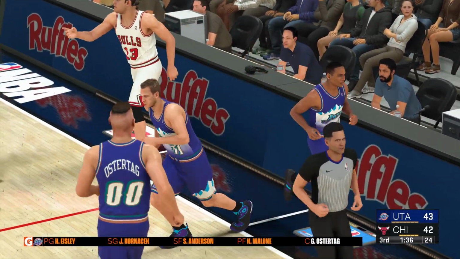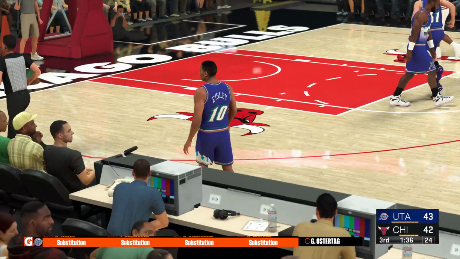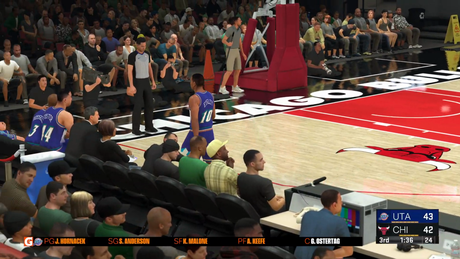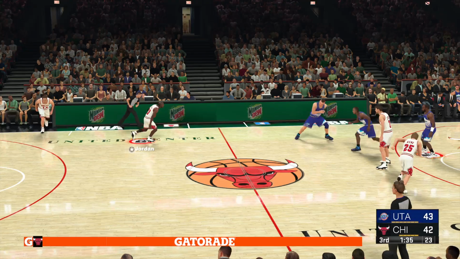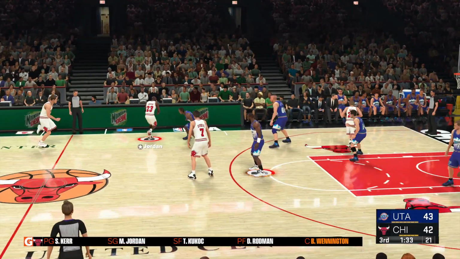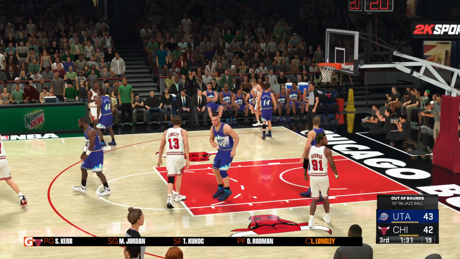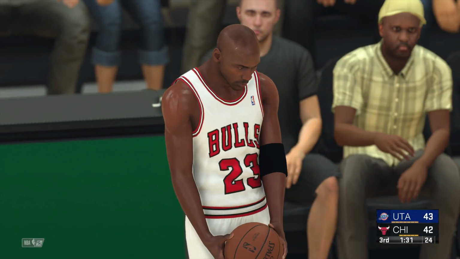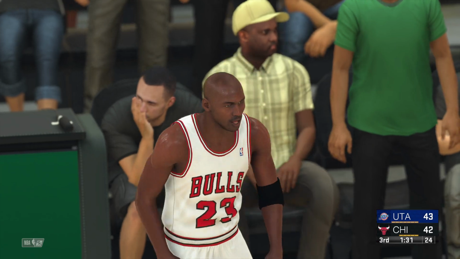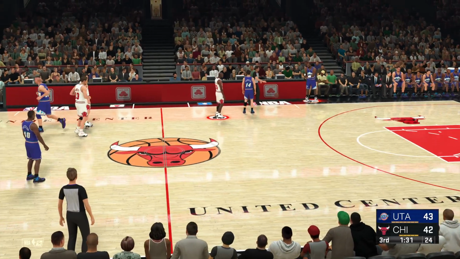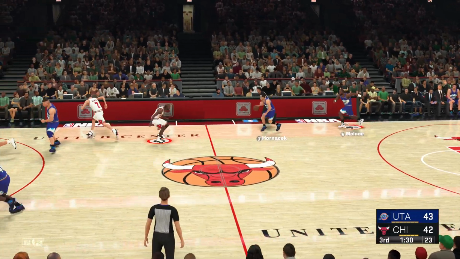Keefe is checked in for the Jazz. And Chicago has possession. It's a 1-point game. And out of bounds as the Jazz gain possession. 1:30 left in the third quarter.